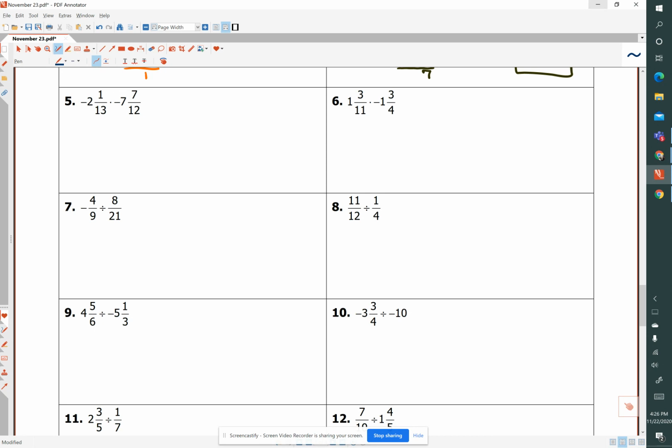Okay, so let's do some conversions here. 13 times 2 is 26, plus 1 is 27, so -27 over 13, times -12 times 7. Let's see, 12, 24, 36, 48, 60, 72, 84, plus 7 more is 91 twelfths. And both of these are divisible by 3. So let's change our color. 4, 9, and